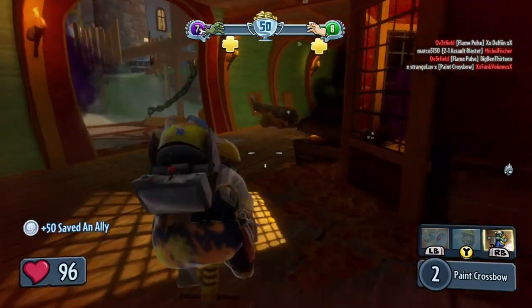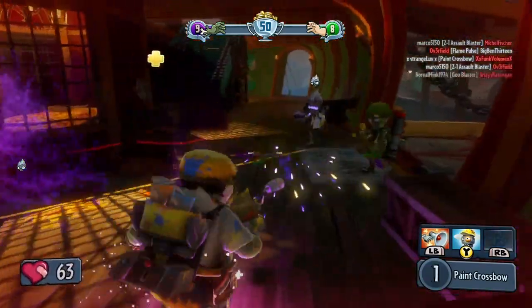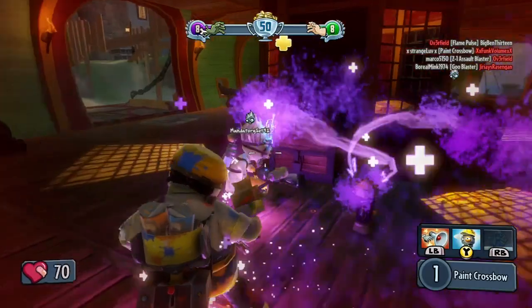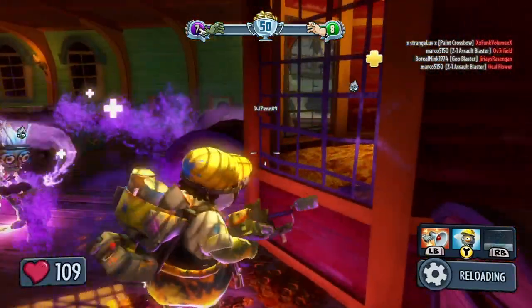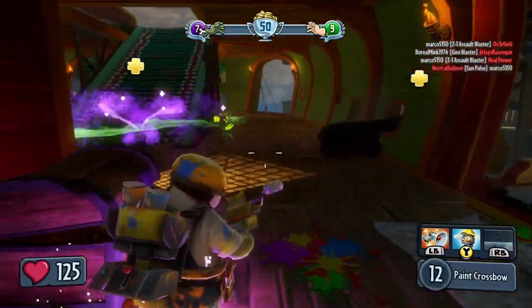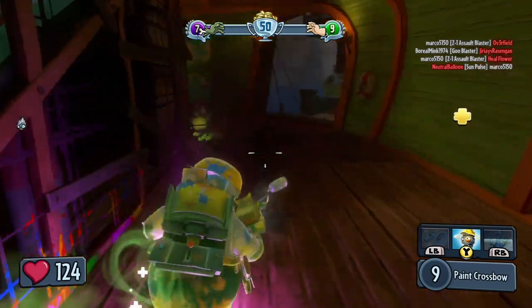And as you can see, the Painter does not disappoint, and getting all those vanquishes with paintballs is pretty satisfying. The Painter's crossbow is basically a shotgun, so try to use it accordingly. Now, the only thing that I don't like about the Painter is the fact that his reload time is a little on the slow side, so until you can get the weapon upgrade for a faster reload, just try to